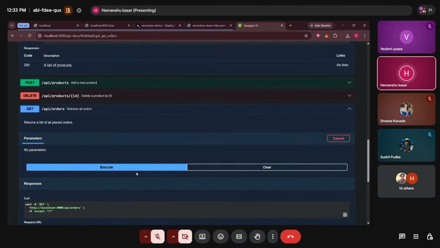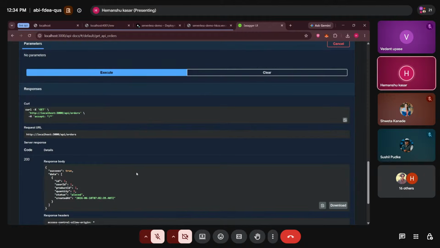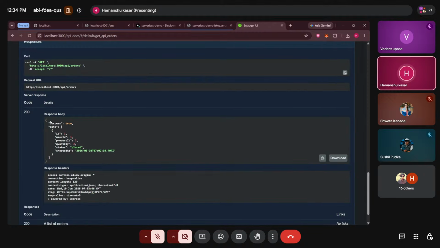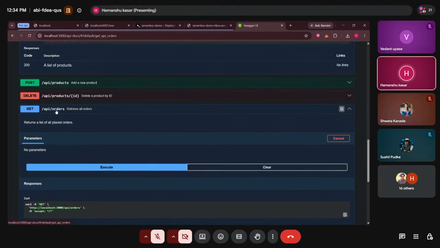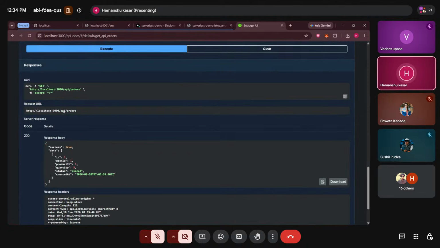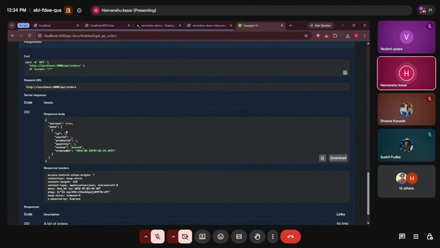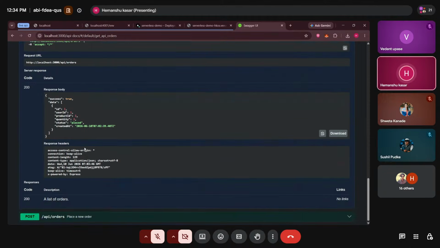In simply one particular order we can also get it. So as we can see here, this particular API was of get particular orders, whatever is placed in your platform, we'll be able to get that. So in the response body we are able to see that ID 1 has placed the product one, that is the Bluetooth headphones we just saw now, and the quantity is 3, and the status we'll be able to see here is placed.